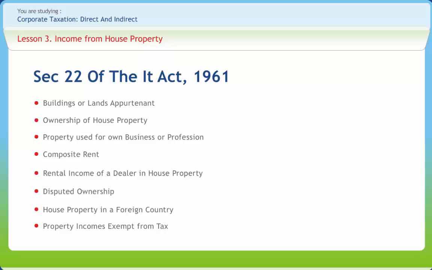Composite rent is when the owner of the building gets, along with the rent of the building, rent or hire of other assets like furniture or charges for different services provided in the building. For example, charges for security, lift, air conditioning, etc., where the assessee receives composite rent from its tenant towards the building as well as services or amenities. Such rent should be split up, and the portion of rent attributable to the building should be assessed as income from house property, and the other portion attributable to services or amenities should be assessed as income from other sources.